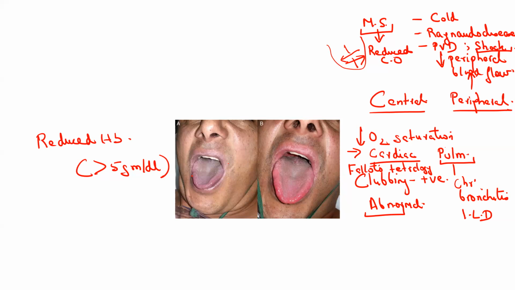When you see central or peripheral cyanosis, usually we observe the tongue and the mucous membranes. If the tongue and mucous membranes are involved, it's central cyanosis. If they are not involved, usually it is peripheral cyanosis. It's a very important thing. And secondly, we see the temperature of the limbs. If the limb is warm, it's central cyanosis. In peripheral cyanosis the blood flow in the periphery is decreased, so obviously the temperature in the limbs will go down. It will be cold, so you'll find the extremities are cold in patients of peripheral cyanosis. These are the ways you differentiate between central and peripheral cyanosis. Clear?